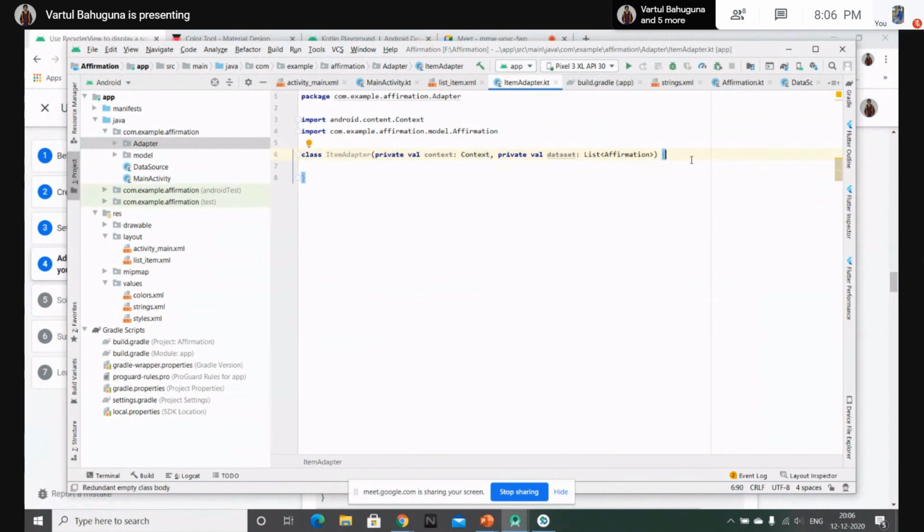Okay, so now here we can see we have a constructor. That constructor has two properties, the context and the dataset. The dataset will have a list of the codes that we'll be using, and the context we will use to access that string. You know that the string is encoded in this string.xml file, so to convert it to the string format, we'll be using the context property.